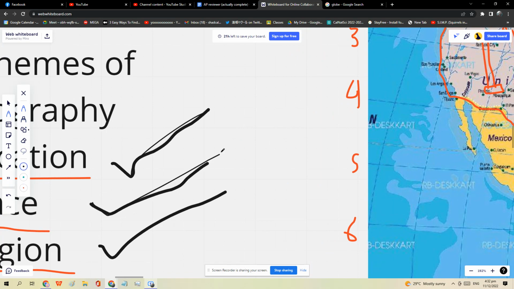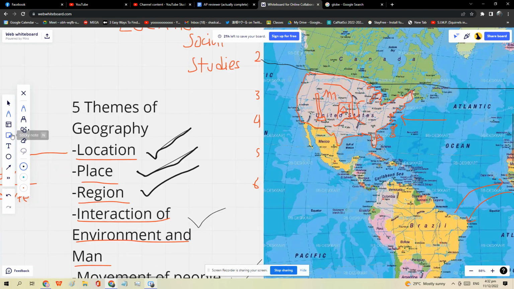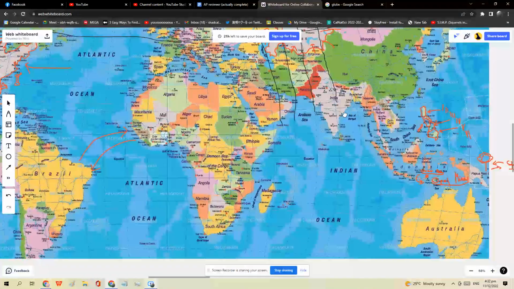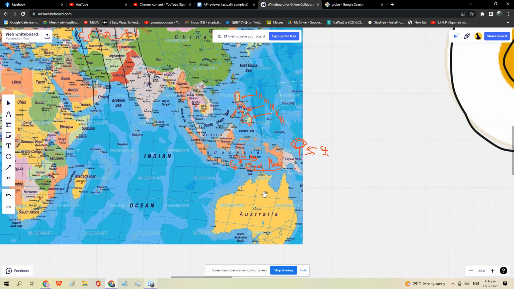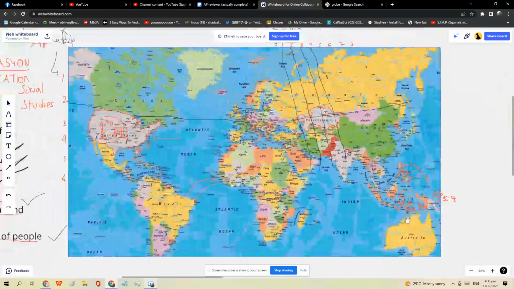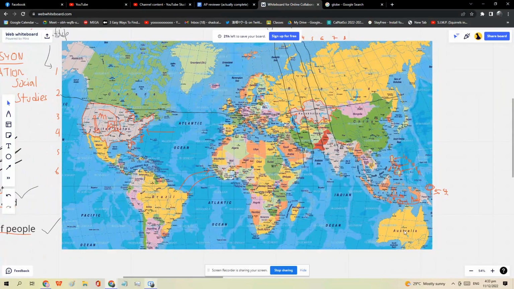The last two are also very easy. Interaction of environment and man. It's basically the relationship between the people and the place they live in. Let's say, for example,